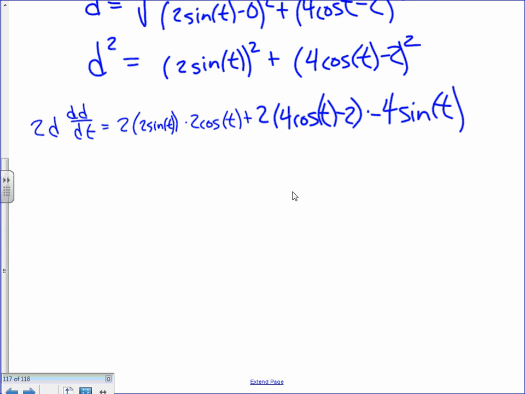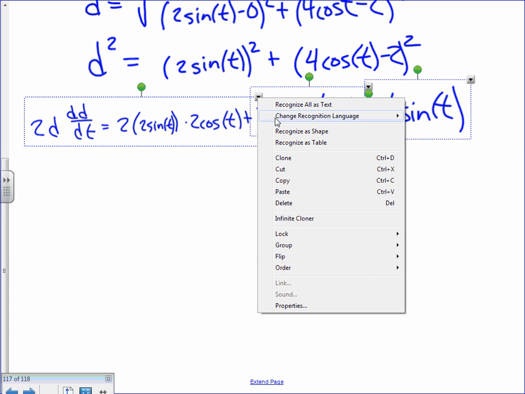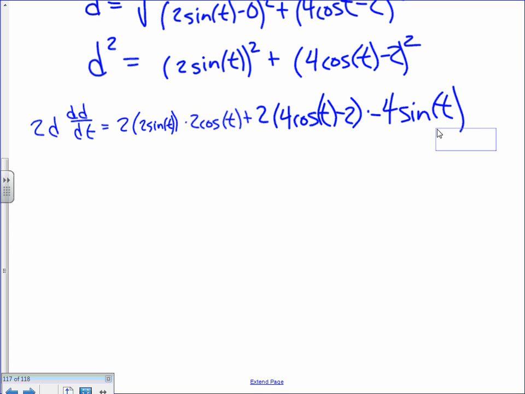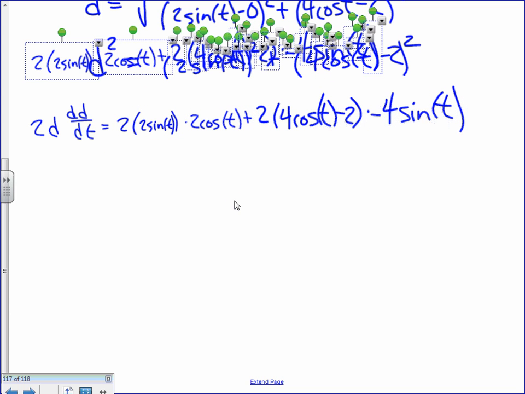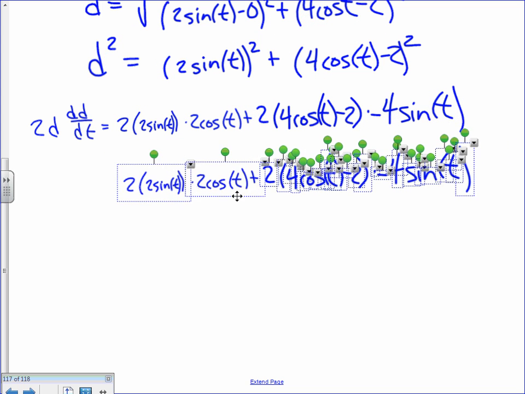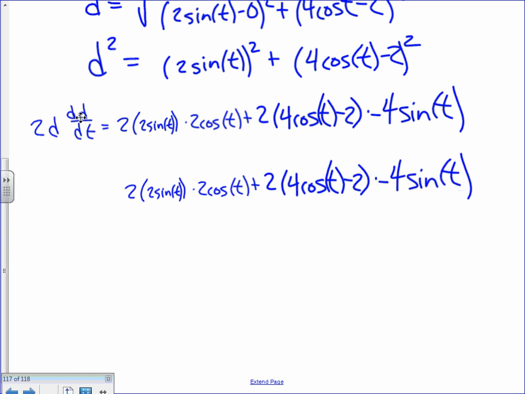First of all, I'm going to get it over to the other side. Let's do some ungrouping. This is where I get out of a little bit of work, because I'm going to copy and paste. And wowzers, I've got this. So now dd/dt, I'll go ahead and write that, equals this all divided by